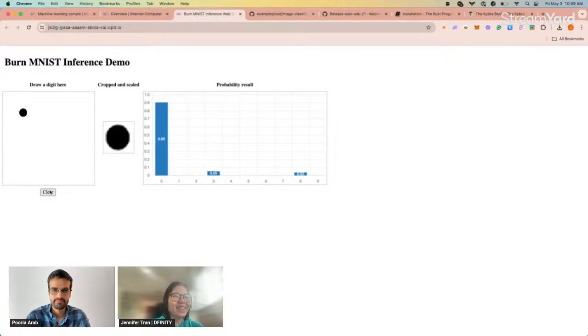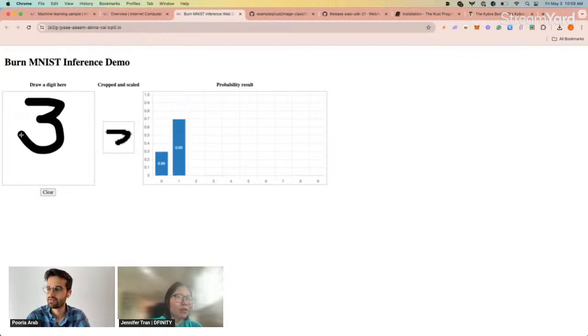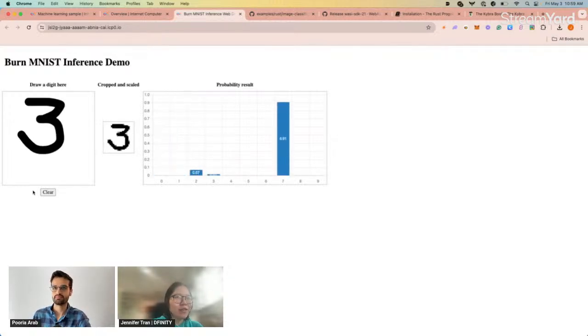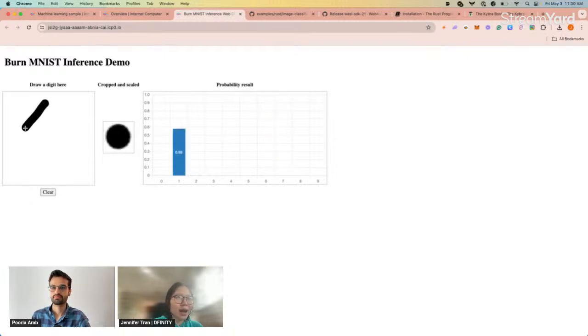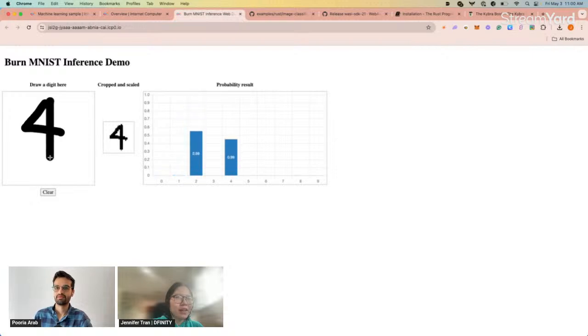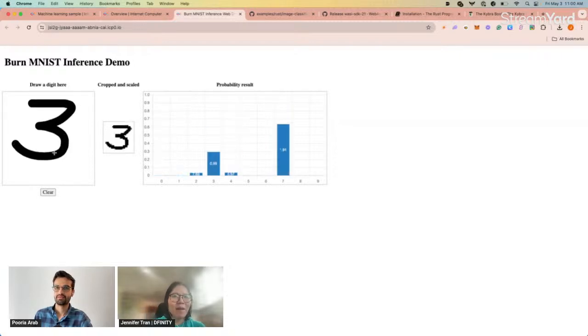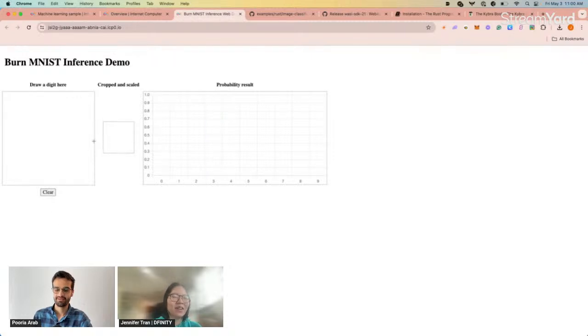Things like that, like a dot. Draw any number from 0 to 9, and then it should be able to detect it. In this case, it might not always be accurate. Whatever bad handwriting you have, let's see how bad your handwriting is and how well the AI can detect what number you write. So with that, that's pretty much everything that I have to show you guys.